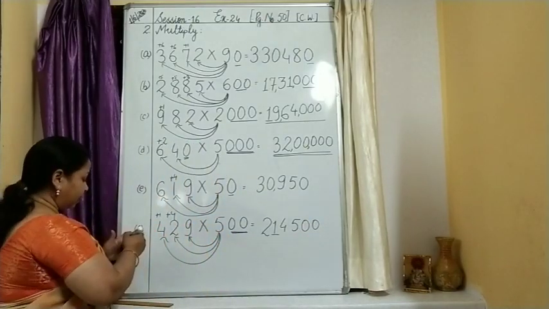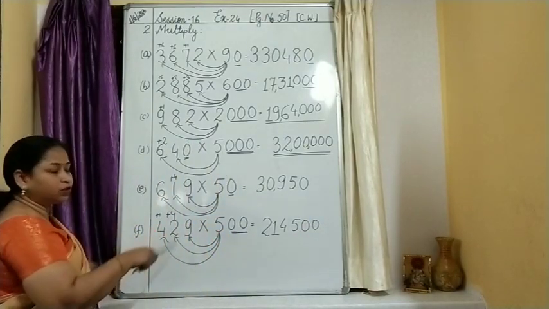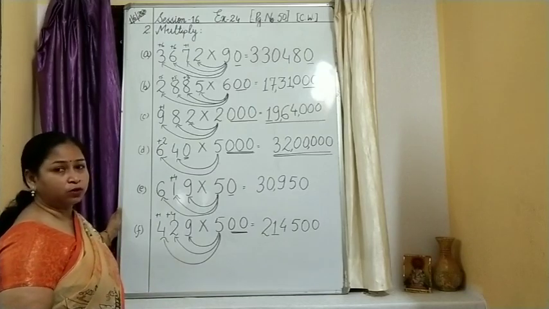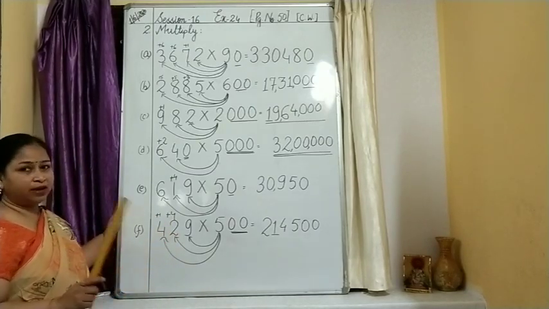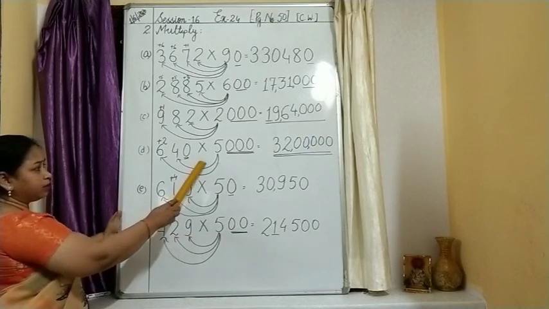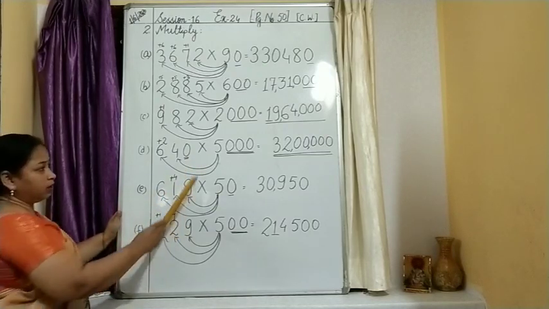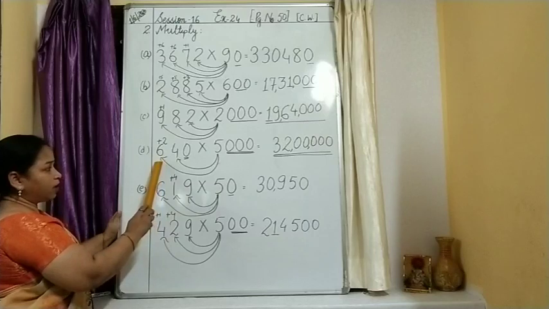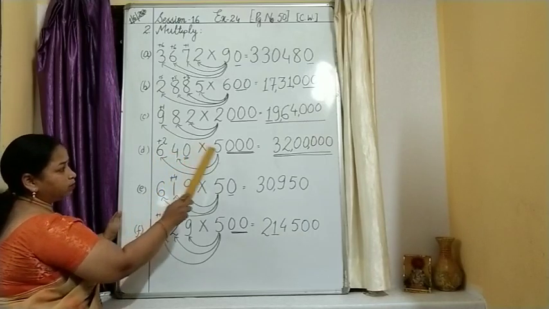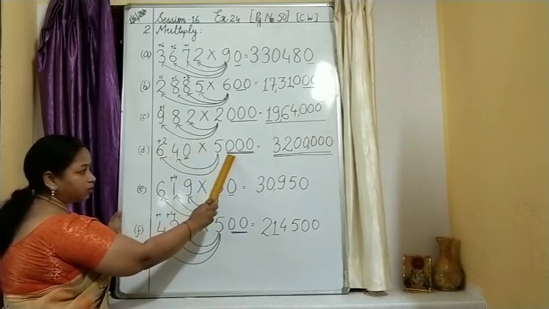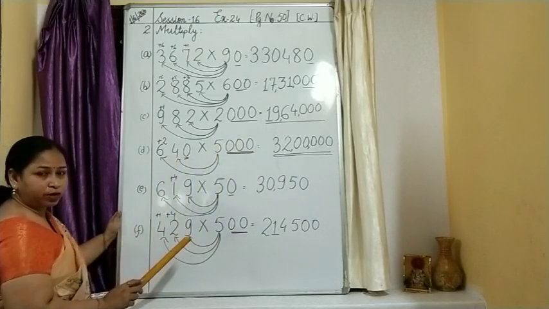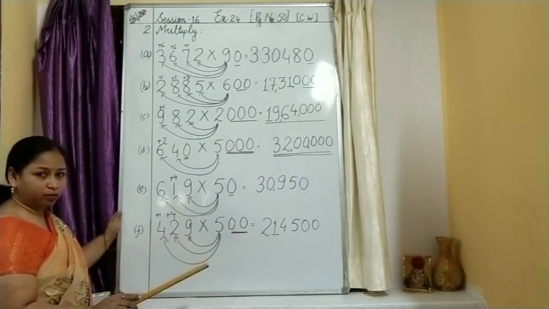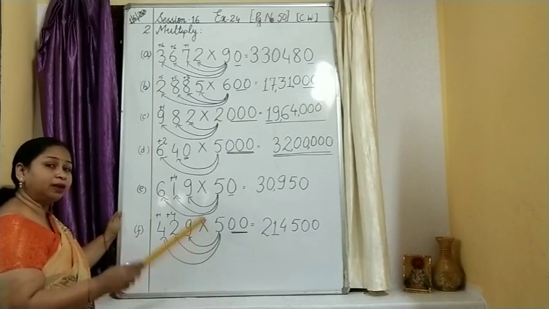Once again, I'll just give a small revision of this and then we will move on to the third question. So I'll take any one example. Let me take this one to repeat it. As you can see, you have a number 640 multiplied 5000. Here you can see 3 zeros, here you can see 1 0. So for the time being, what I have told, forget about the zeros and multiply the numbers which are given to you.